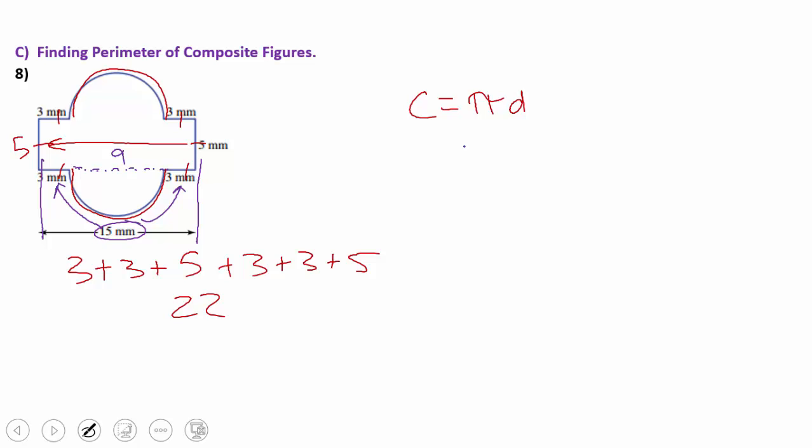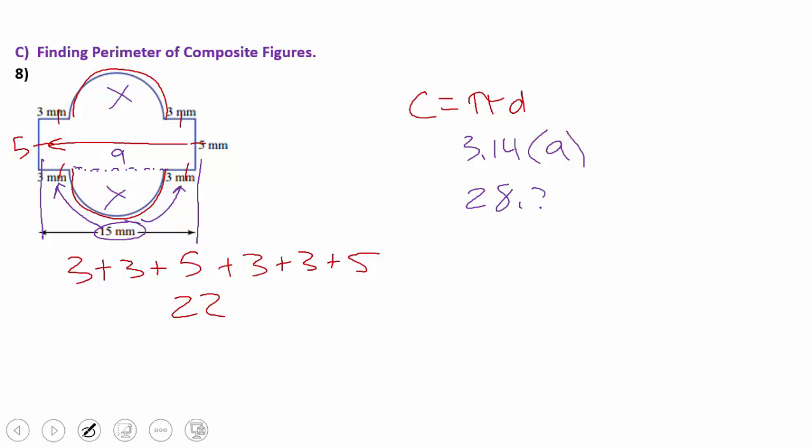So I know that I have 3.14 times the diameter of 9. Now I'm not going to divide by 2. Why? Because I have a half circle here and a half circle there. When I put them together, I have a full circle. So I need the full distance around the circle. So 3.14 times 9 gives me